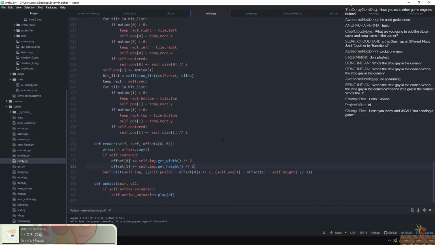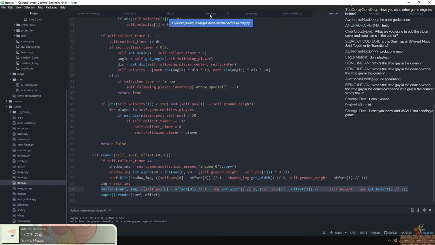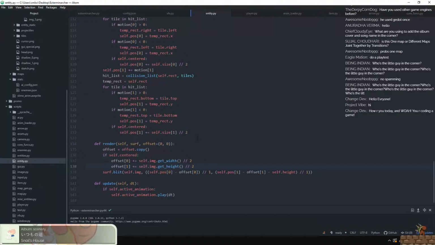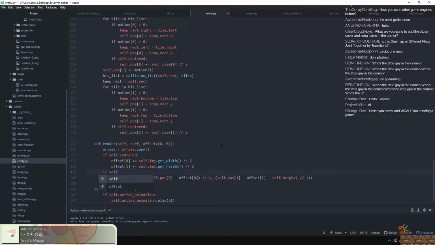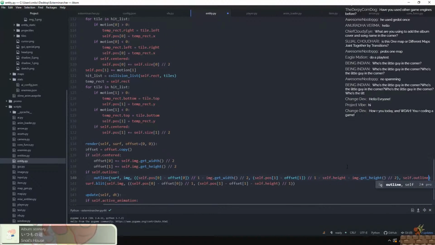Yeah. So I can do if out self.outline. self.outline is just the color,